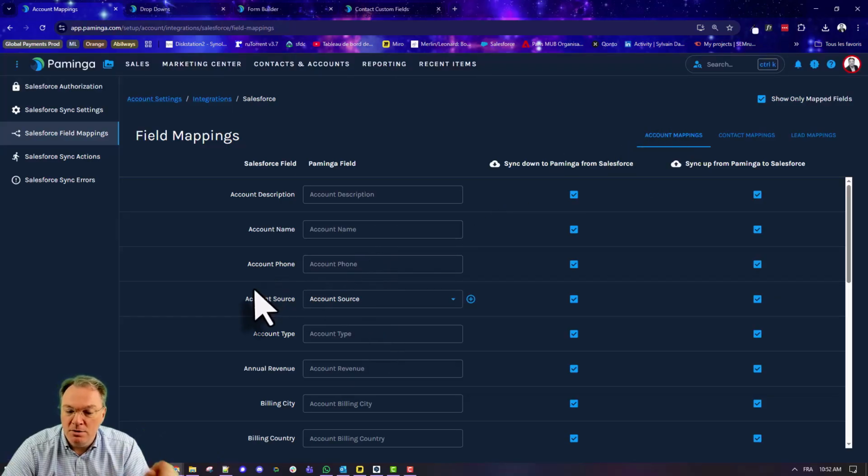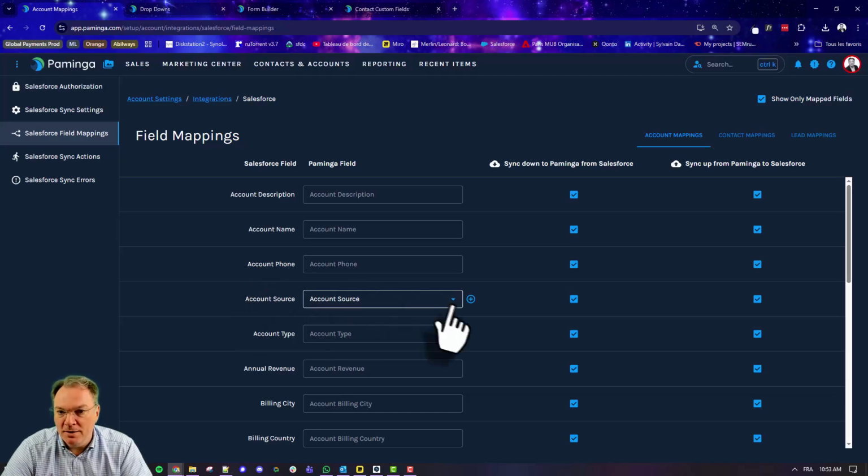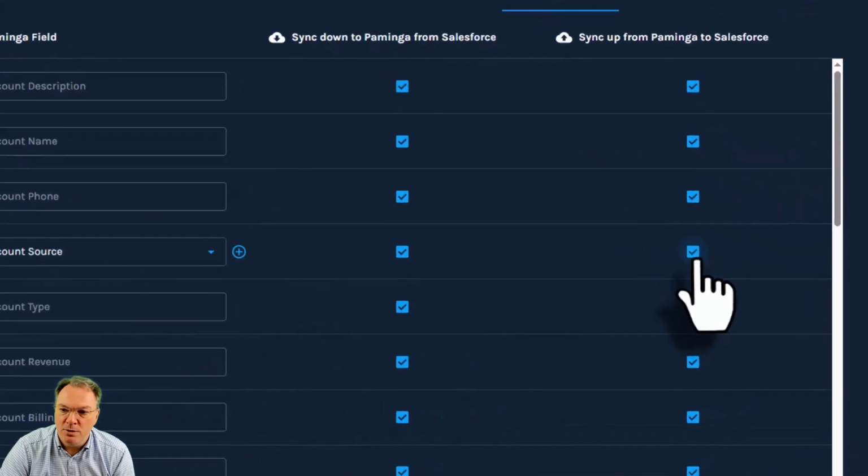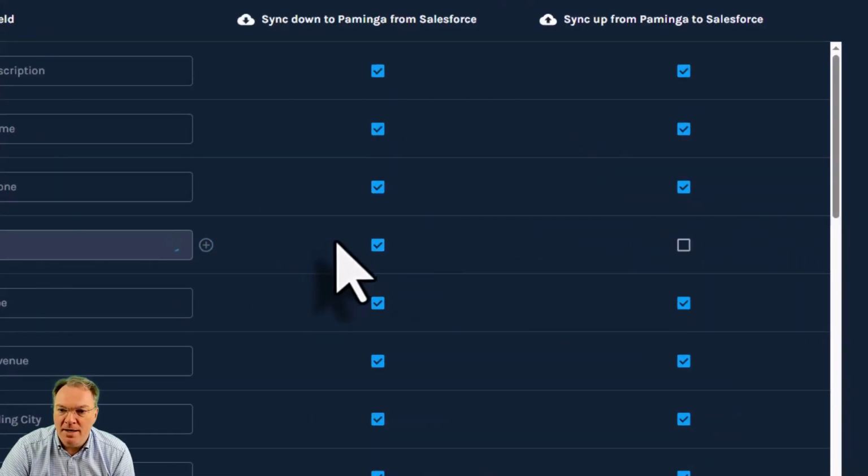I'm not obliged to ask for the support for that. And I can directly create this field from the mapping field here. I've done that, and decide whether Salesforce can update this field in Paminga, and Paminga can update this field in Salesforce. And this is dynamic. I can remove that. So here basically nothing will go back and forth,